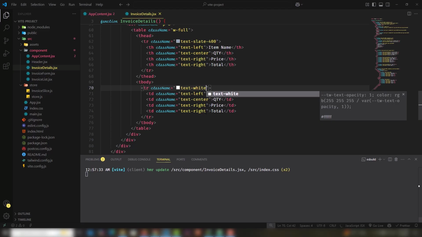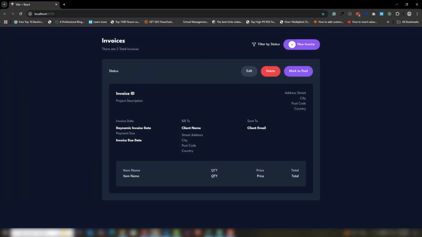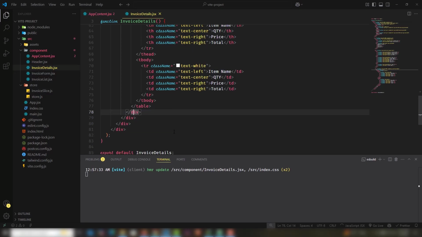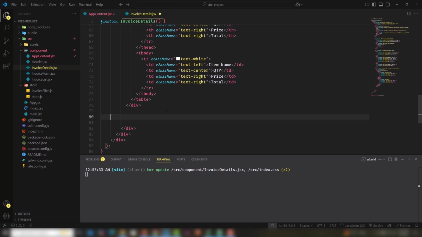Right, so I'm going to save the file, and yeah, it is great. I will add the dynamic data all later, right? So this is table heading, table row, table ID, and table details, right? After the table tag, this one there, I'm going to create another div,